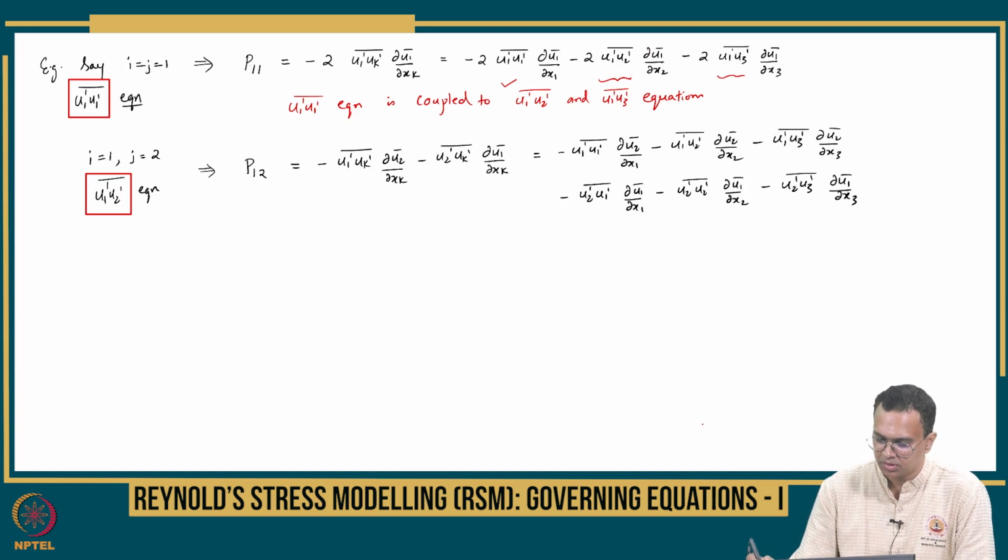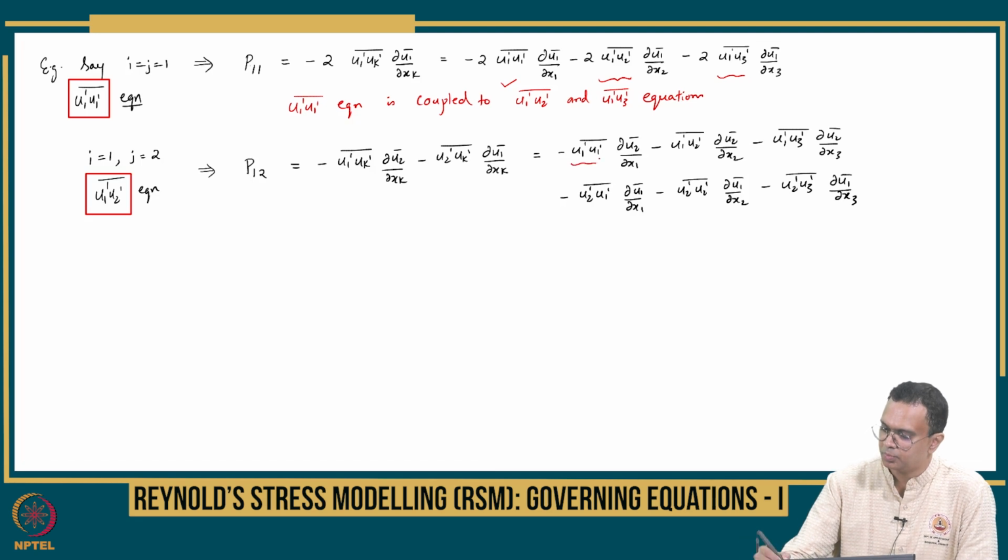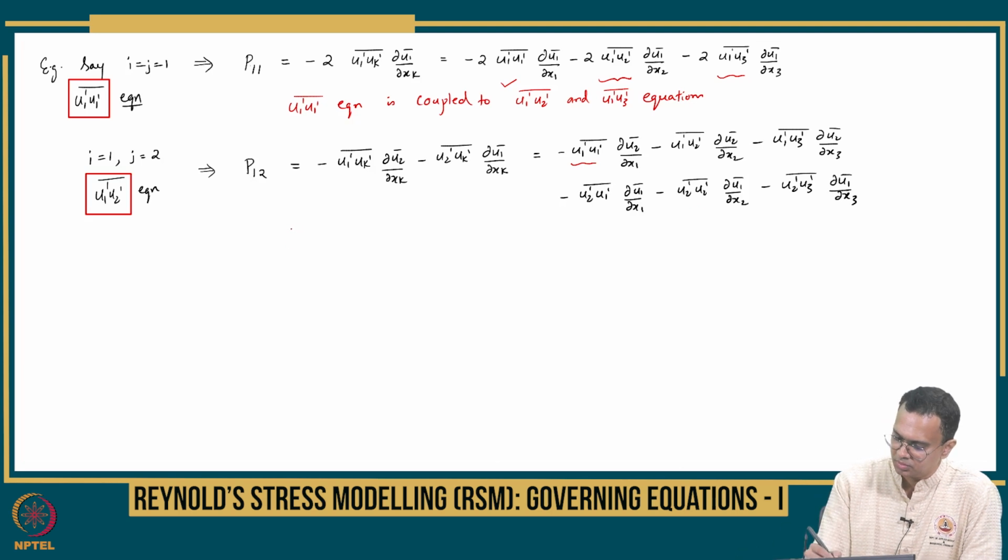So the production rate for the u1 prime u2 prime bar shear stress depends on 6 stress terms. To compute u1 prime average, you needed u1 prime u2 prime average, and to compute u1 prime u2 prime average, you would need u1 prime average. They are strongly coupled to each other. In addition to that, they are of course also coupled to the other shear stress terms and other normal stress terms also, right. So the u1 prime u2 prime equation